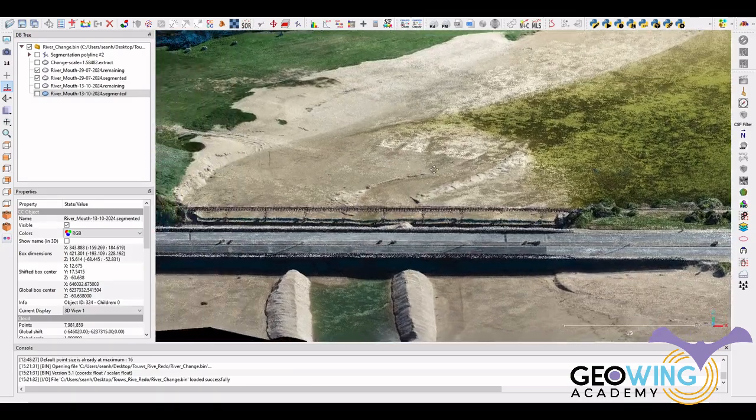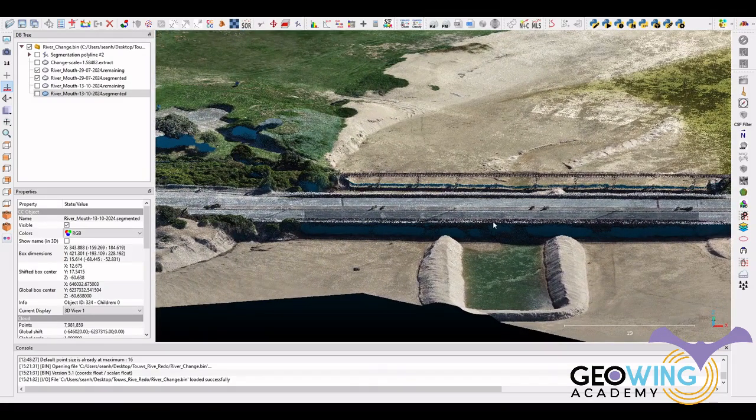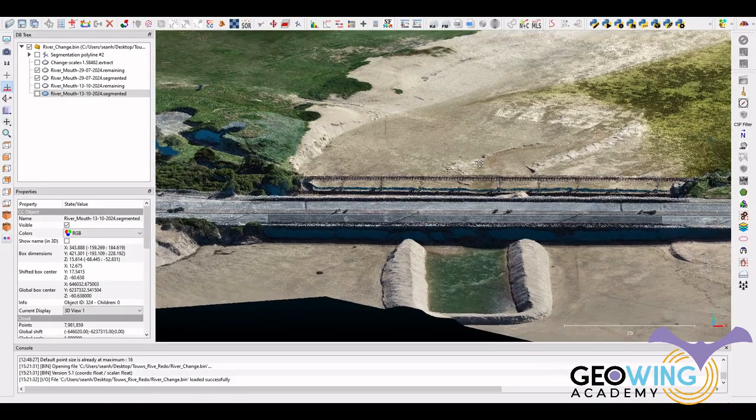So if we have a look at this very nice baseline data set of the river system, we can see that there's quite a lot of sediment deposition, and there's some changes here in the river mouth itself where excavation has occurred to provide a channel for water to flow out once the river itself reaches capacity to prevent flooding